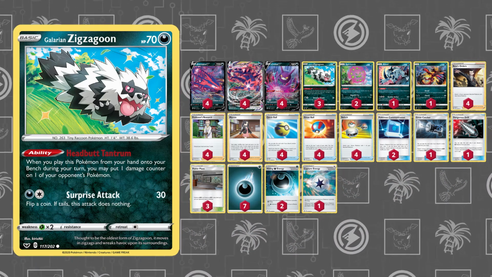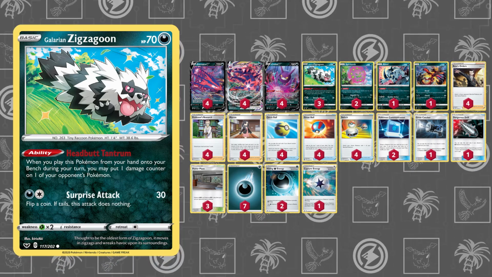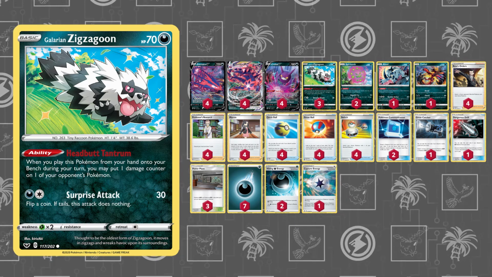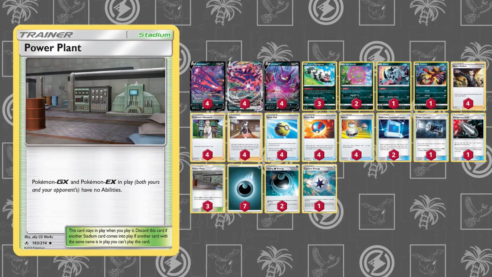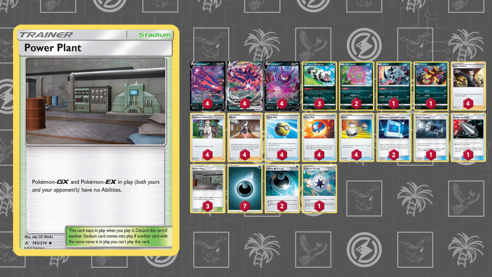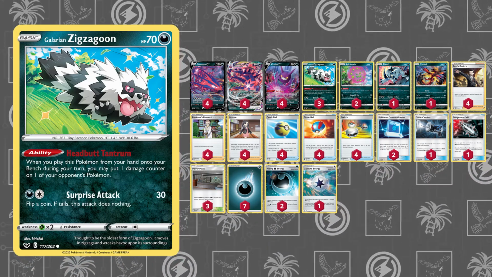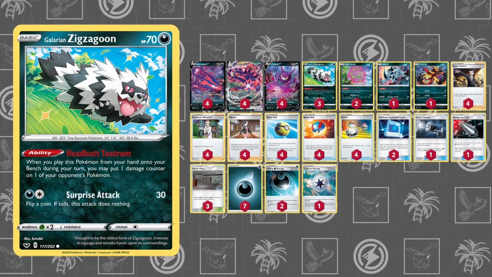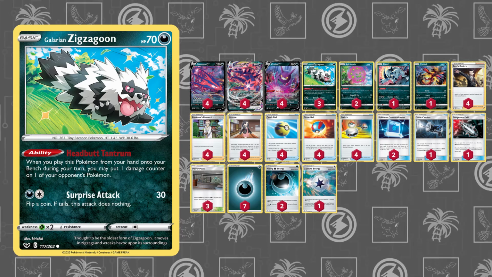And it also means you have to play the Dark City switch combo to make sure you're getting that Galarian Slowbro in and out of the active spot to apply the poison. So this list is playing 3 Power Plant, giving you a different sort of utility out of your stadium slot in the deck. So Galarian Zigzagoon's Headbutt Tantrum applies 1 damage counter to one of your opponent's Pokemon when you play it down, and that is how you're going to add some extra chip damage to the Dread End attack